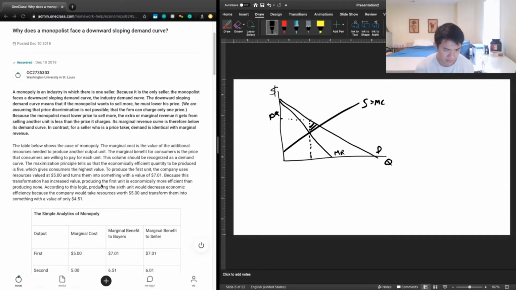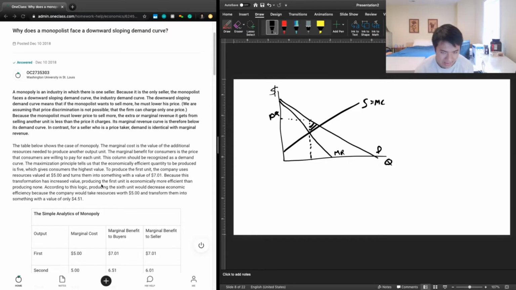So because the monopolist must lower prices to sell more, the extra or marginal revenue it gets from selling another unit is less than the price it charges. Its marginal revenue curve is therefore below its demand curve. In contrast, for a seller who is a price taker, demand is identical with marginal revenue. Yeah, so that's a good explanation for why we see two separate curves, marginal revenue and demand, with marginal revenue